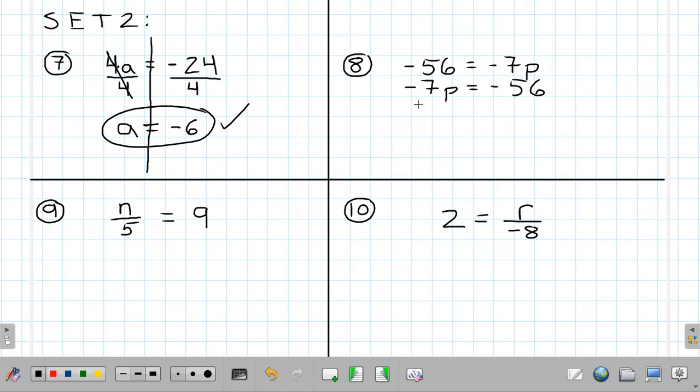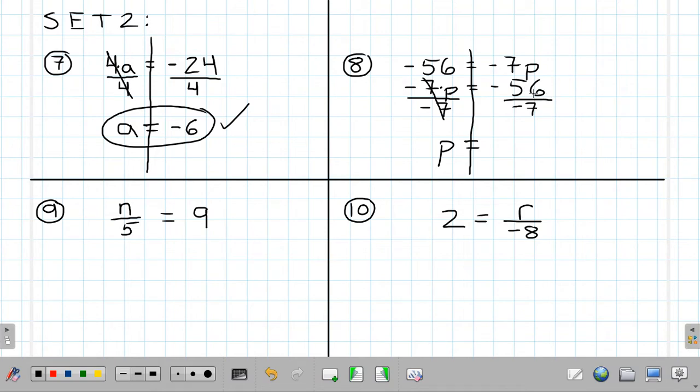That way we have the variable on the left-hand side. But the step is still going to be the same, meaning, all right, what am I doing to the variable? Well, the variable here is p. I'm multiplying it times -7, so that means I need to divide by -7. But if I do it to one side, I need to do it to the other. So what we have here is the -7's go away, leaving us with p. Once again, -7 divided by -7 is 1p is equal to,